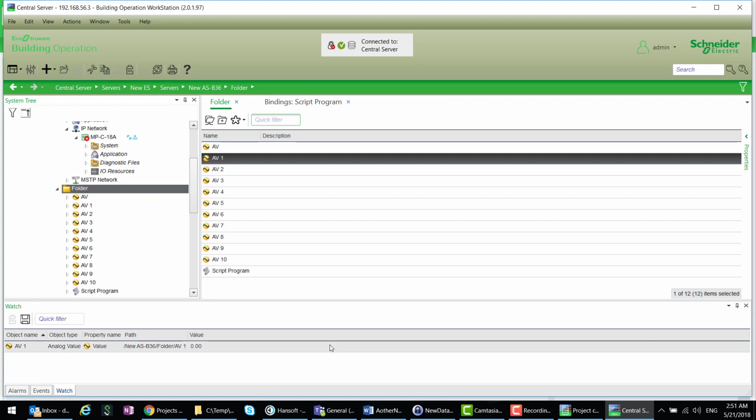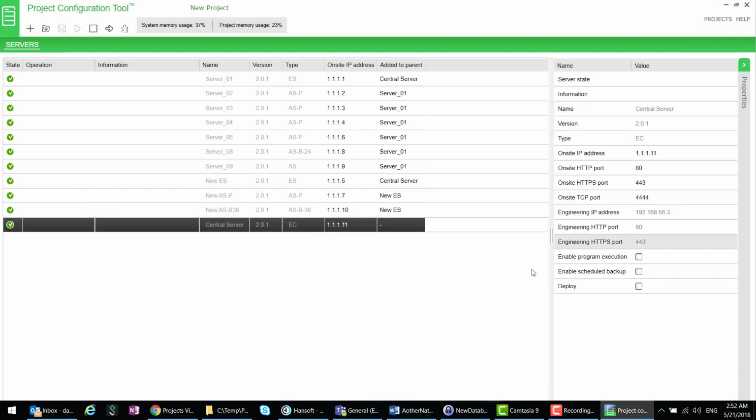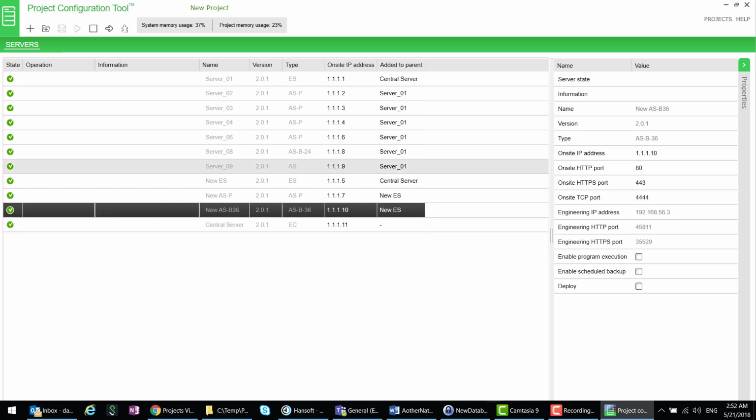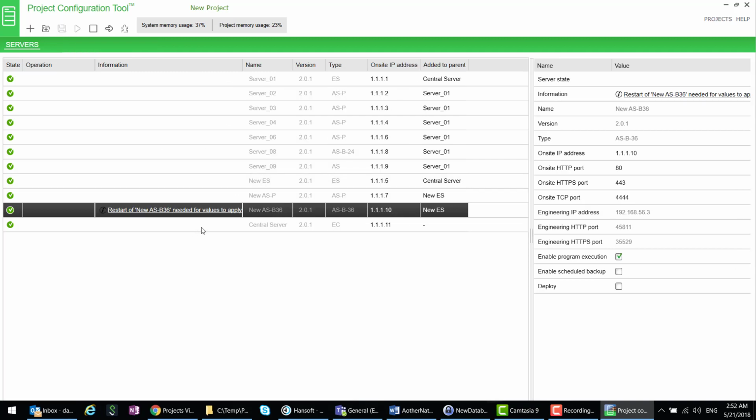Well, if you remember correctly, part of the thing within the PCT was that the programs were disabled. But we do have the option to enable them. So let's get out of Workstation here, go back to the new ASB36, look on my properties page, and choose Enable Program Execution, and then save that. And you'll notice the error message that I get that says the restart of the new ASB36 is needed for the values to apply. So I'll stop this,